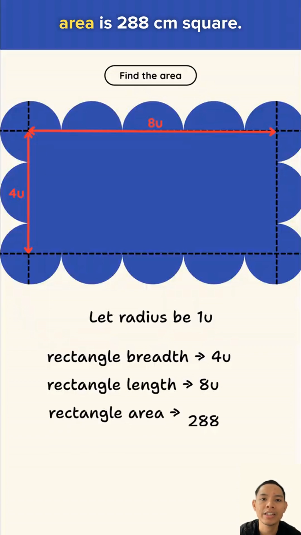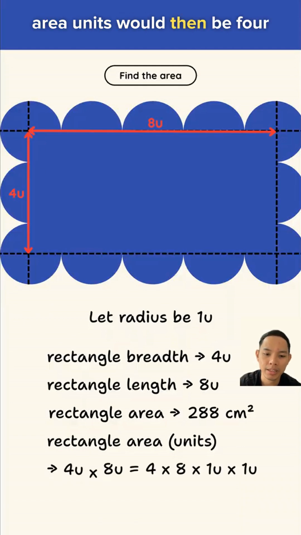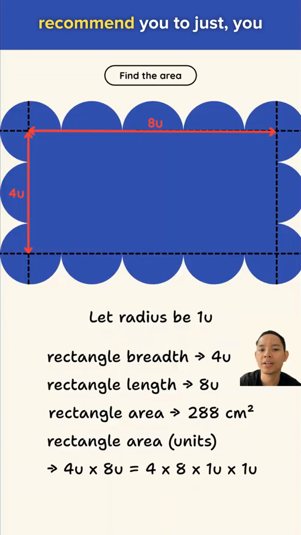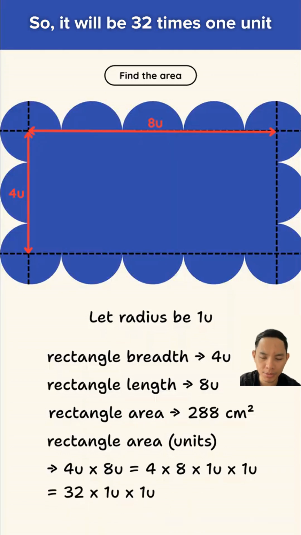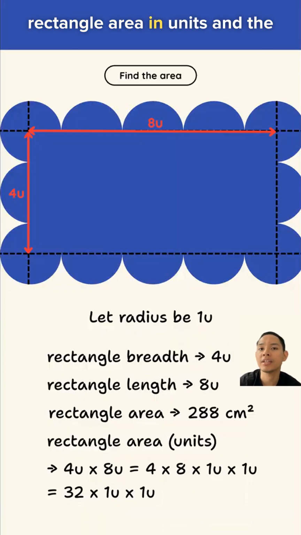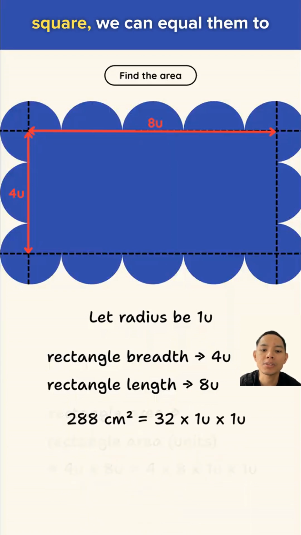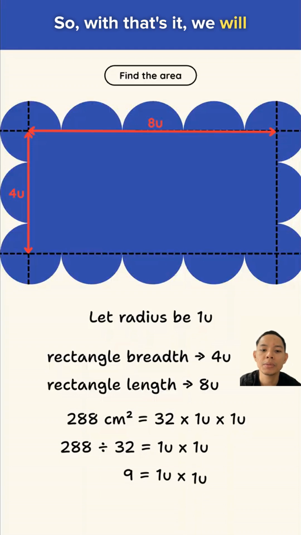We know that the rectangle area is 288 centimeters square. The rectangle area in units would then be 4 units times 8 units. In this case, I would recommend you just multiply the numbers 4 and 8, but leave the 1 unit as is. So it will be 32 times 1 unit times 1 unit. Since we know the rectangle area in units and the rectangle area in centimeters square, we can equate them to each other. So we have the equation 9, which is equal to 1 unit times